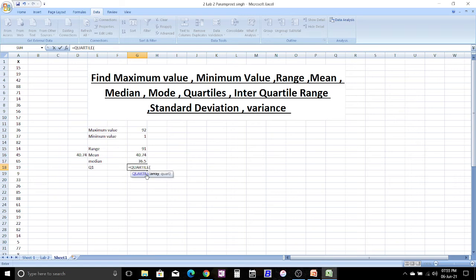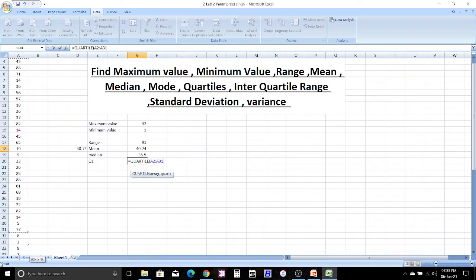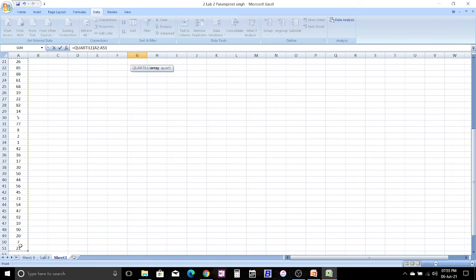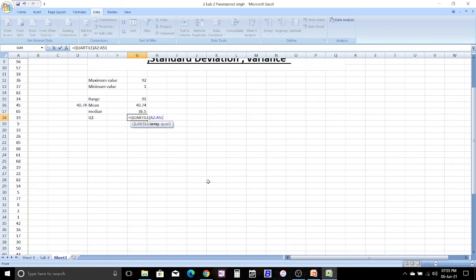Here select the data from A2 cell to A51. Whatever the data is with you, you can select that. And comma, here it is showing us quart, that meaning which quartile we want to find. As we want to find quartile 1, so I will substitute 1 over here and the value is 18.25.